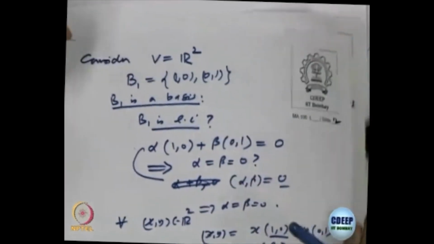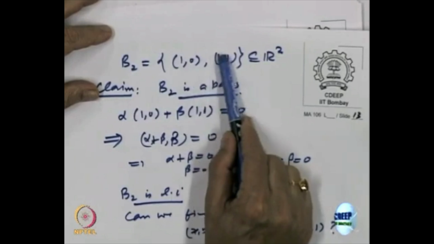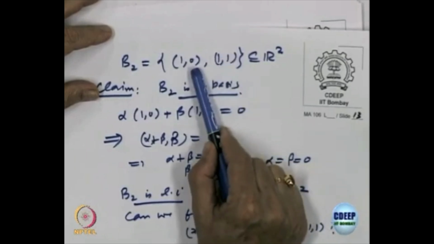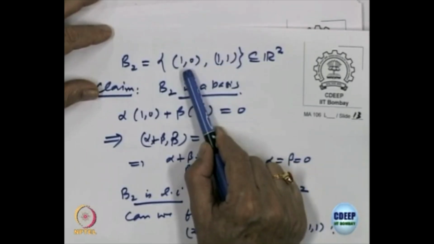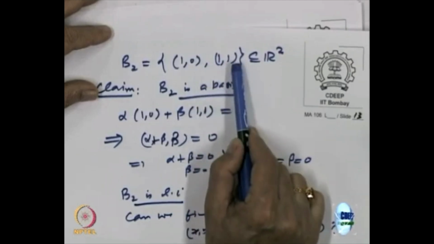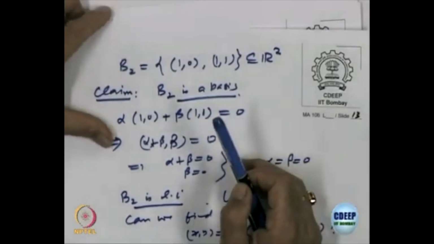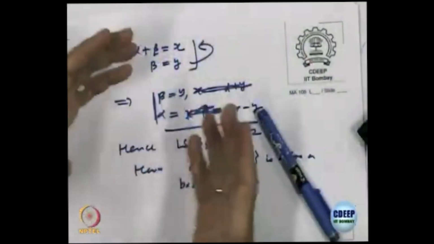Similarly, in the other example, I cannot remove either of them. If I remove (1,1), I get only the x axis. If I remove (1,0), what do I get? x is equal to y, the line y equal to x. So that is not the whole plane, right. If I add one more, then it does not remain independent again, right. So in R2, for different bases, the number of elements is the same,